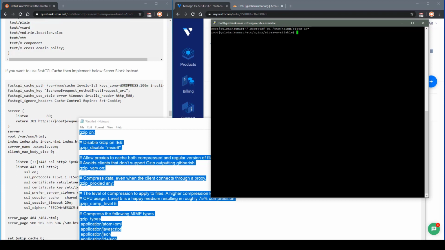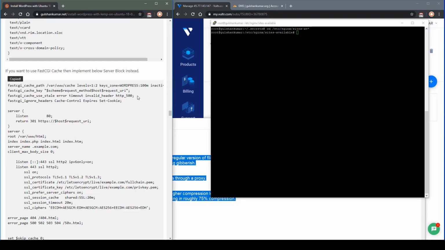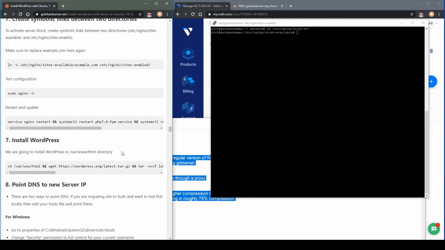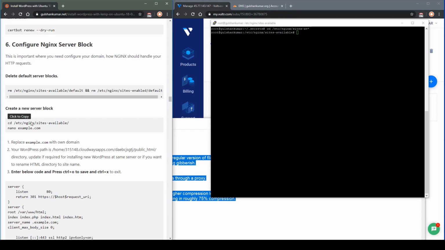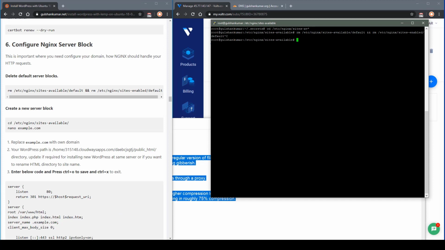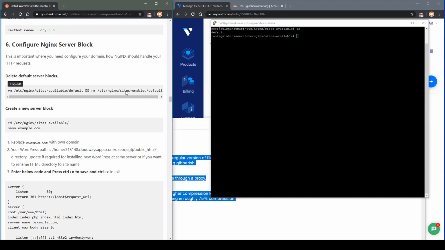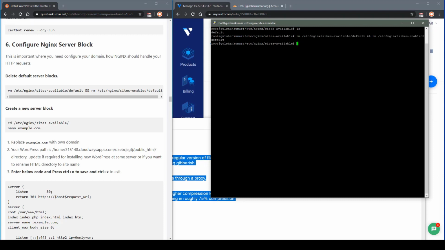cd /etc/nginx/sites-available. This is the location I have written here, you can see. But before that, I would like to delete something, one moment. Let me show you. There are some default files, so it's better to delete the existing files.